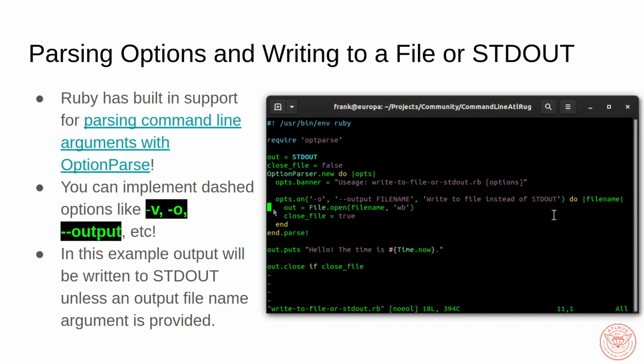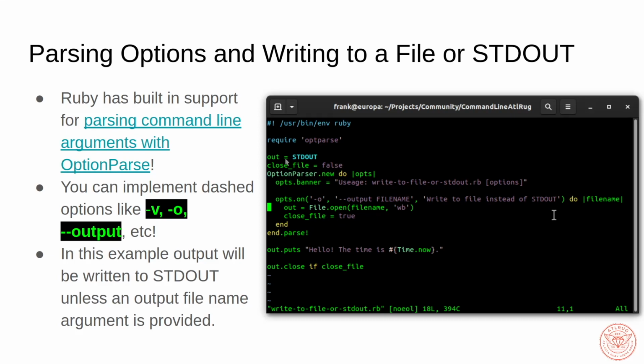Within this lambda of option parse, you also have this lambda of when it encounters one of these options, it then invokes, taking the argument and turning it into this argument. And in this case, out is then set to open this file, and we set this boolean close file